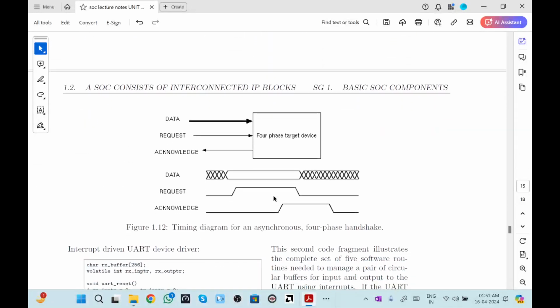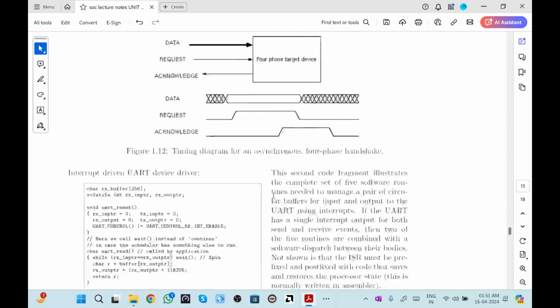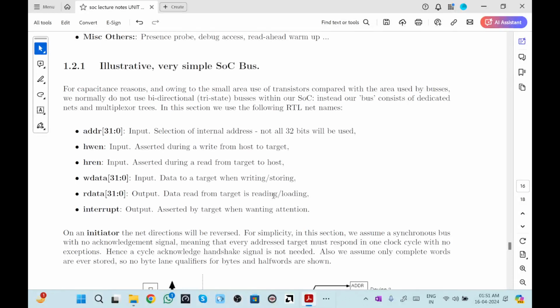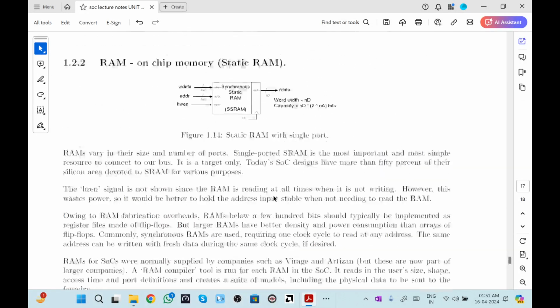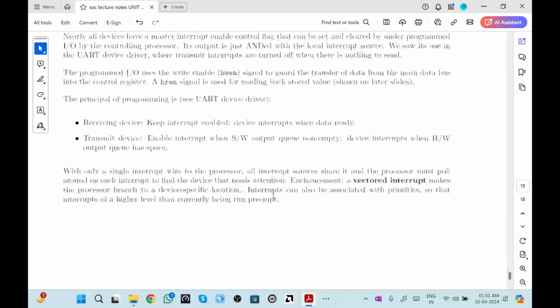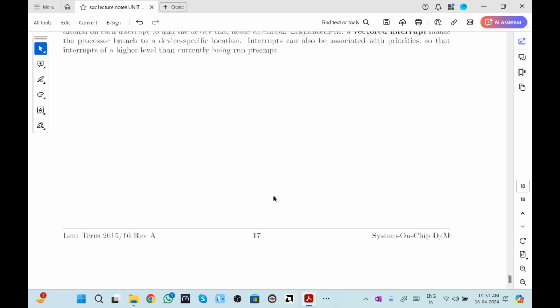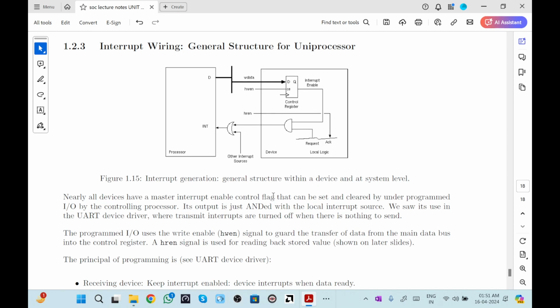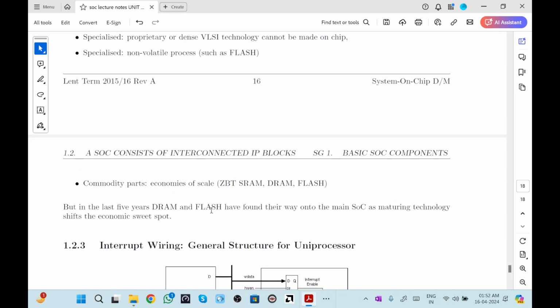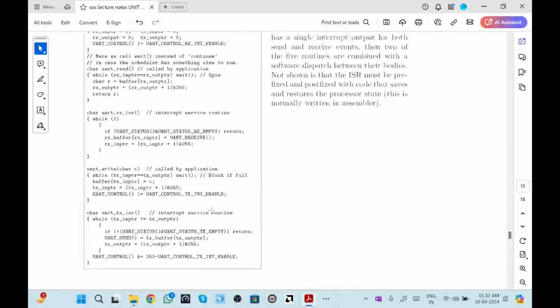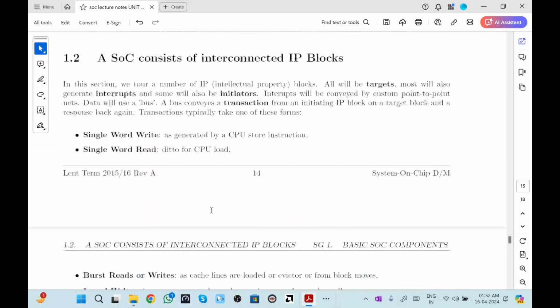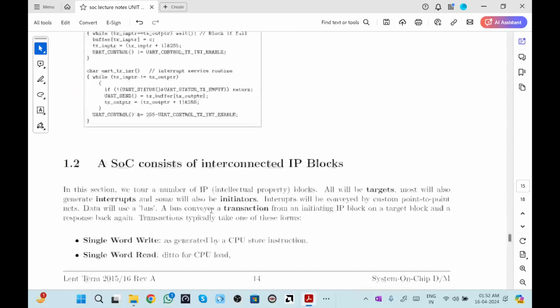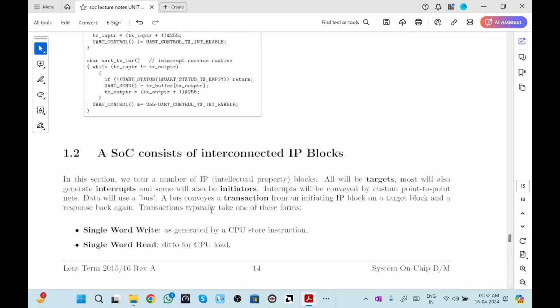So this is all about the SOC environment till here. And these are the basic block diagrams which use SRAM and DRAM. You can just have a look at it, you can just read it. It is not that complex, and whatever complexity there is, I have explained in this whole block diagram. The rest I'll cover in the next video lecture.